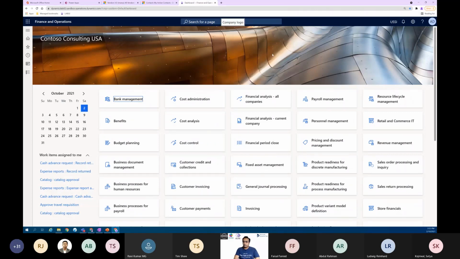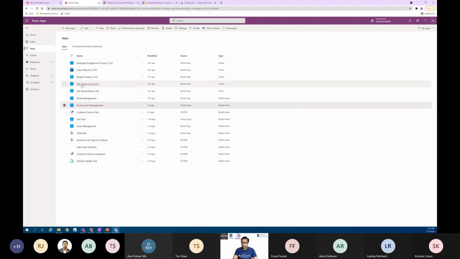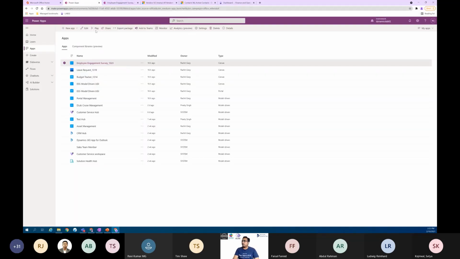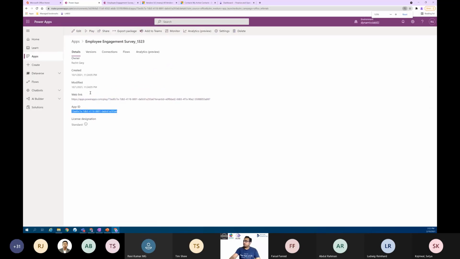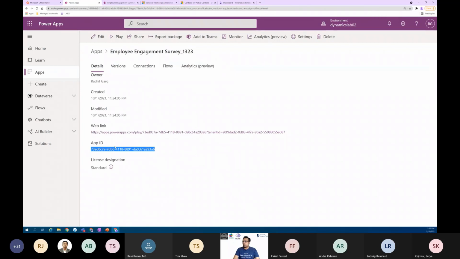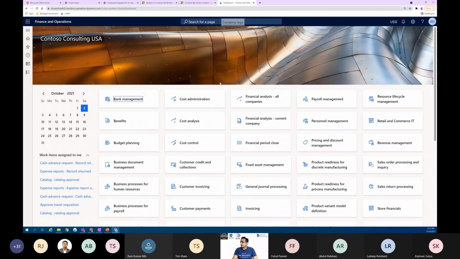Now, most of you might be aware that we can embed Power Apps on the screens. So I'll just quickly show how we can do that. For this example, I'll take, let's say, the employee survey template Canvas app, which is published by Microsoft. The way we can embed it is that every Power Canvas app has a unique application ID. We can copy that. I'll just zoom in a bit to make it more visible. So we copy this application ID, and when you go to finance and operations, there are various ways you can